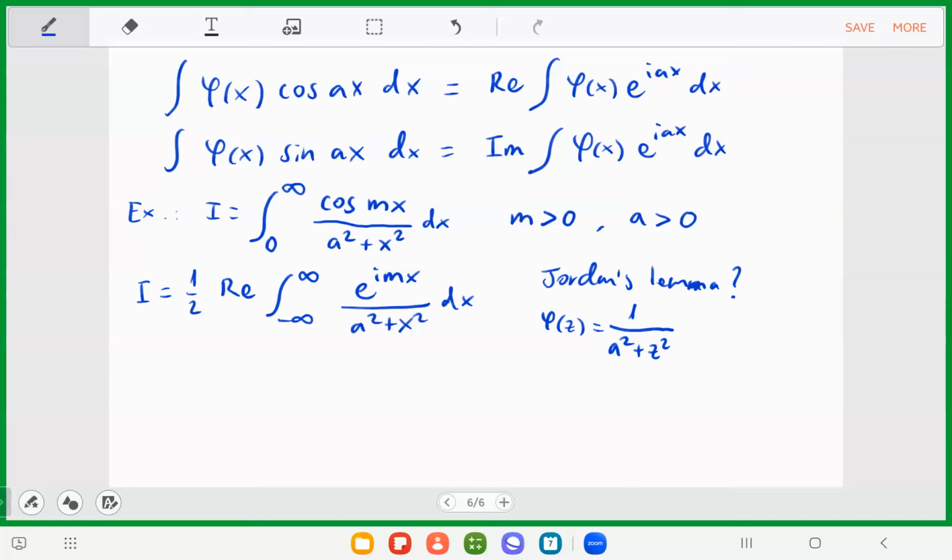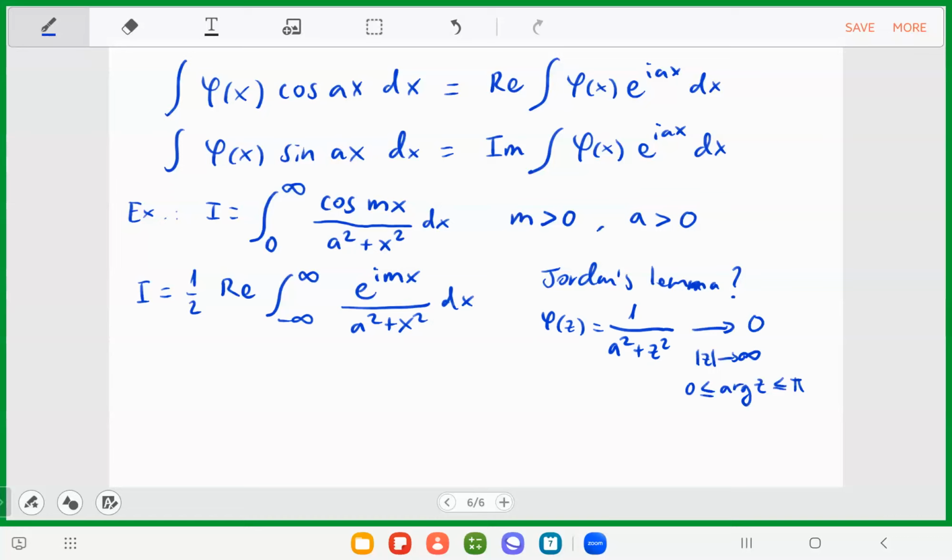It's true for any argument, actually, but in general, you have to consider if the function goes to 0 when the modulus goes to infinity, for the specific case of all the values of the argument of z between 0 and pi. As I said, in this case, really, it doesn't depend on the argument, but in general, this is what Jordan's